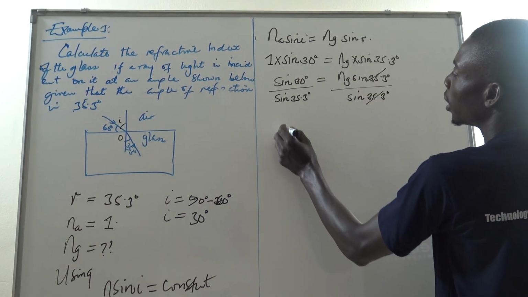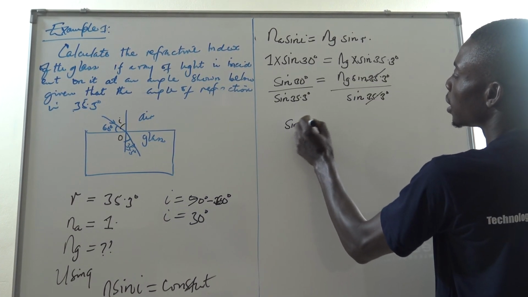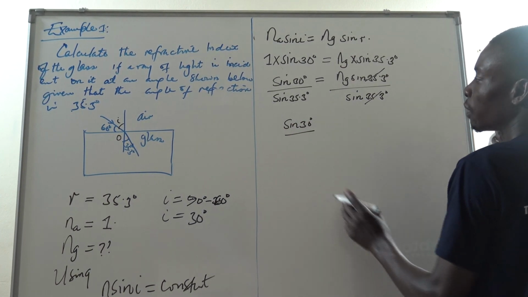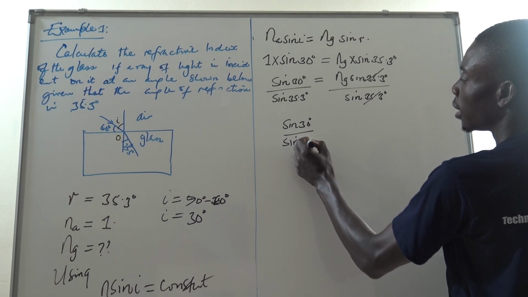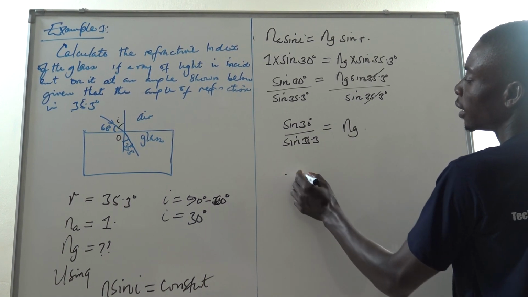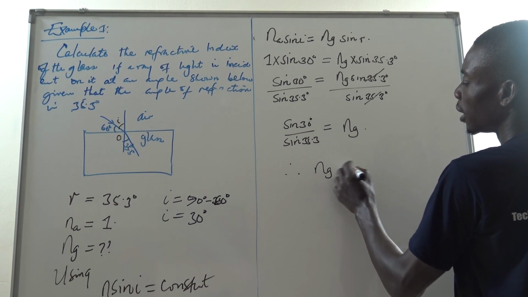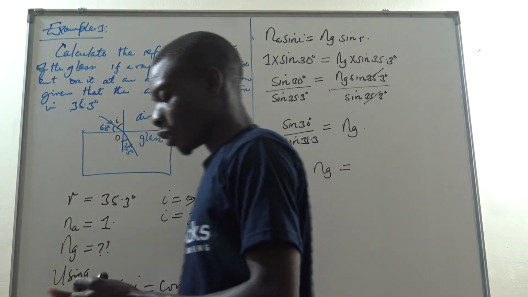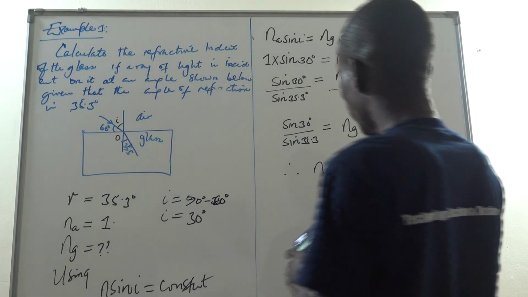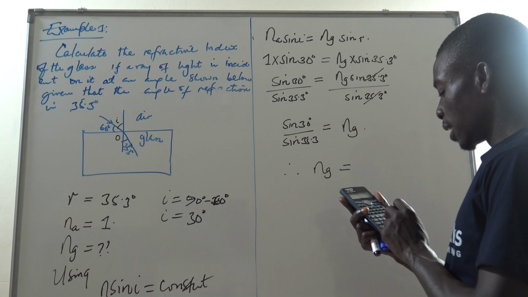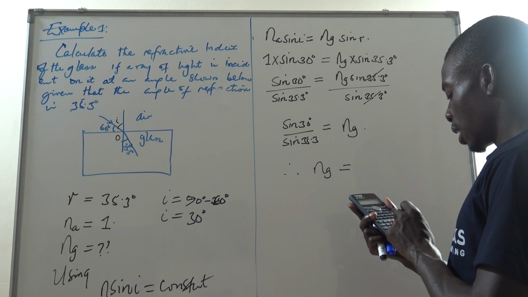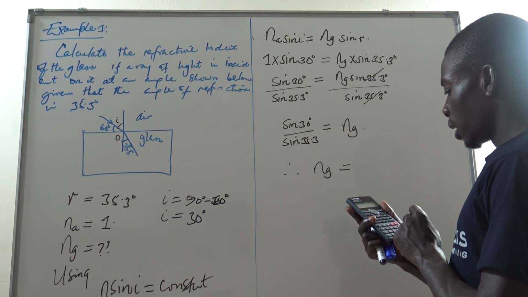This will go away, and sin 30 over sin 35.3 equals Ng. Therefore, Ng equals, you can now pick your calculator smartly and say sin of 30 divided by sin 35.3, and that is